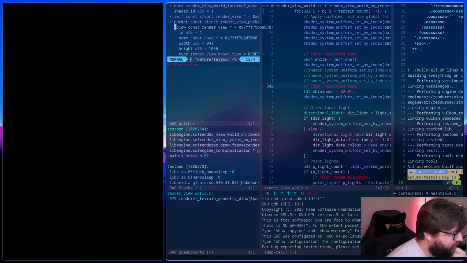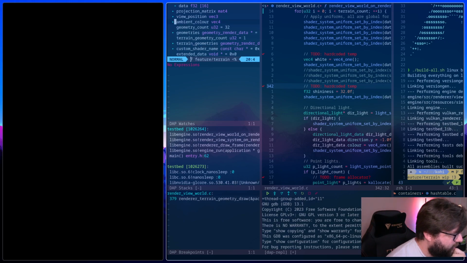So here's our view matrix. Nope, that's the view, sorry. The view matrix is here. That looks valid. Okay, so it's not that that's hosed. The projection matrix also looks valid. So I don't see anything wrong there. View position looks valid.